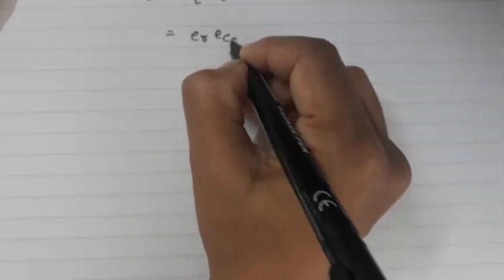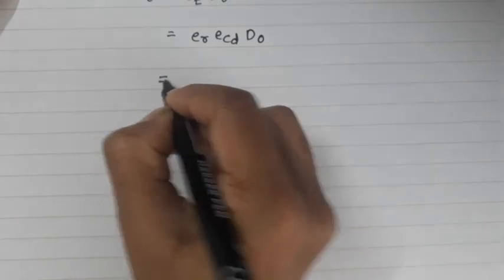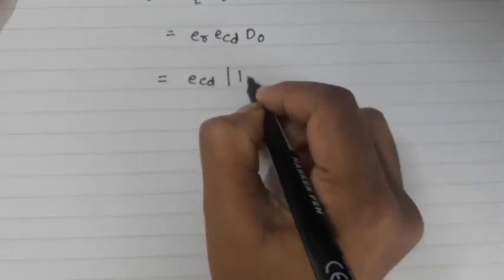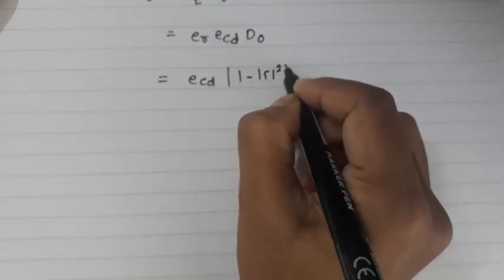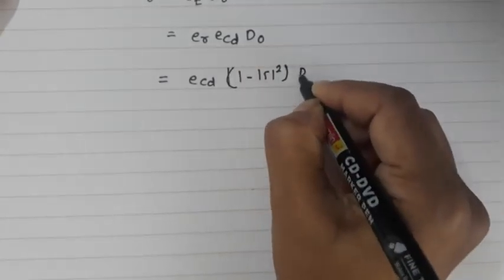Now here K, or ECD, will take care of only conductor and dielectric loss. When the reflection loss is considered, K or ECD should be replaced by ET. So if I am interested in calculating the maximum gain, G0 is equal to ET D0. This ET is ER ECD, where ER is 1 minus the magnitude of the reflection coefficient squared, times D0.